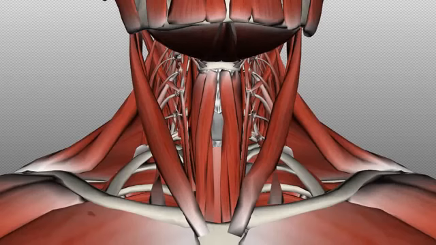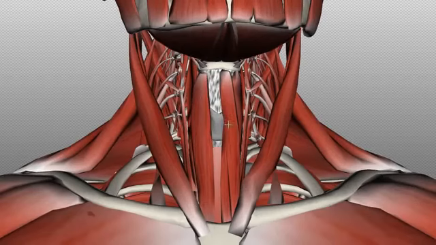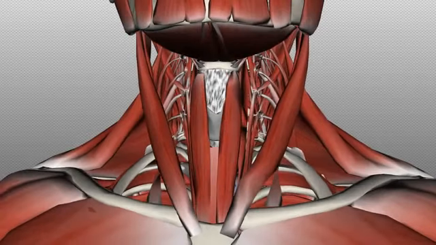I'll just actually remove the sternohyoid so we can have a look. On this model, this muscle is shown as one muscle, but in real life there are two muscles which are sort of continuous. This portion here, which attaches to the thyroid cartilage and inserts onto the hyoid bone, is the thyrohyoid muscle,